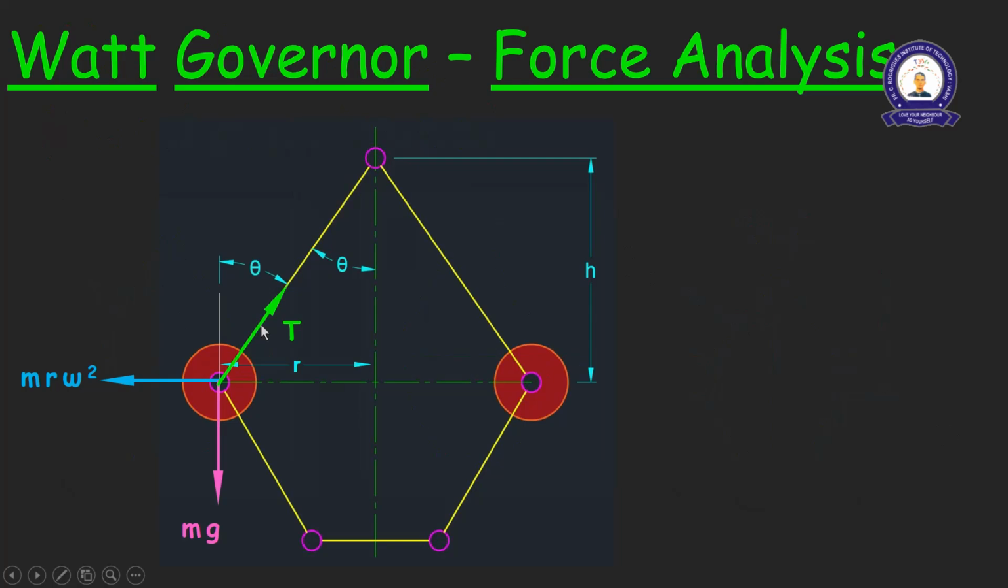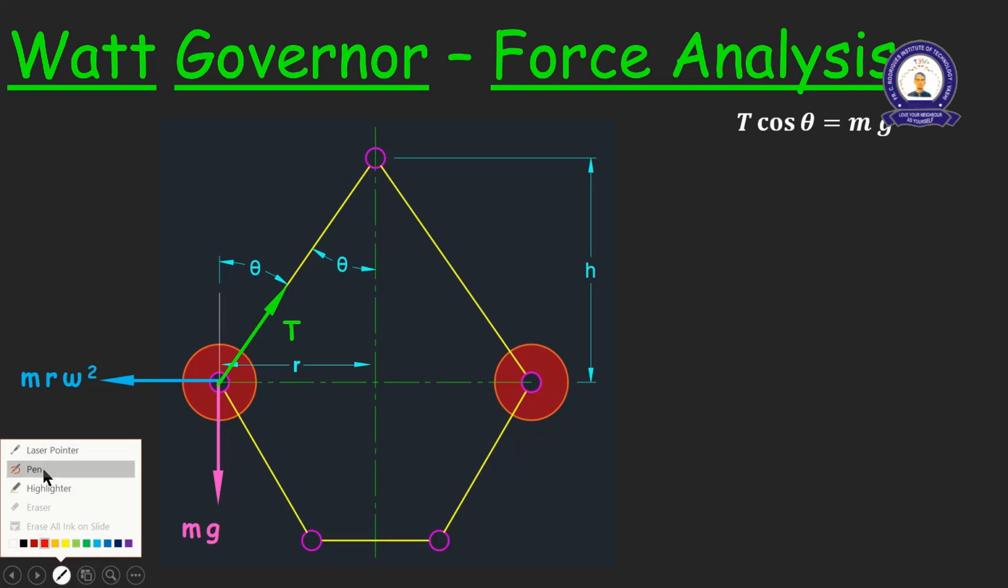It's a pretty simple derivation. Three forces will act on this mass. First is its weight, equal to mg. Second is the centrifugal force. If the governor is rotating with speed omega, the centrifugal force acting will be outwards and it will be m r omega square, and there will be tension in this pendulum arm equal to capital T. When the governor is rotating at constant speed omega, there will be equilibrium between these three forces, and from that equilibrium equation we can directly write T cos theta, the vertical component of the tension in the pendulum arm,